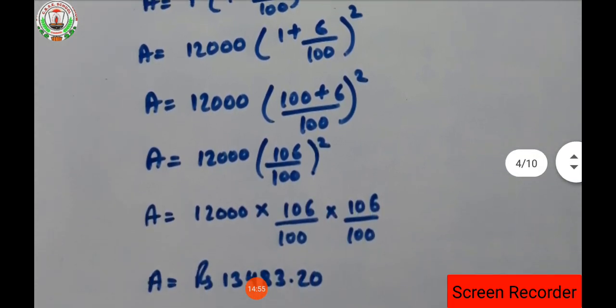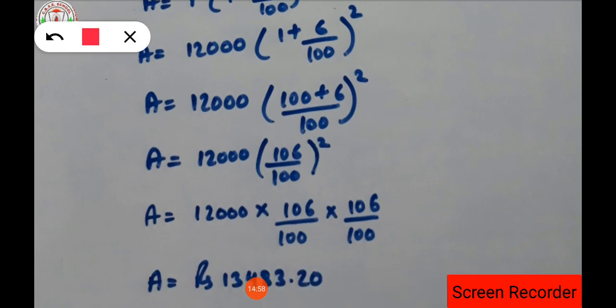So we have kept them. Now look how to solve. So as P is how much? 12,000. 1 comes from the formula, plus rate is 6 upon 100, and 2 is what? 2 is the time, isn't it? Now by the LCM method, the denominator of 1 is how much? 1 itself. So the LCM of 1 and 100 will be 100. So how much will it be? 100 plus 6 will be 106 upon 100 whole to the power 2. Now we are going to split it, as the power is 2. That means 106 upon 100 is going to be written 2 times, isn't it?